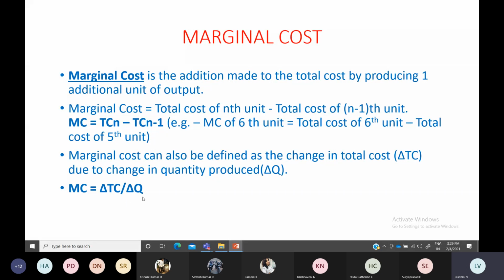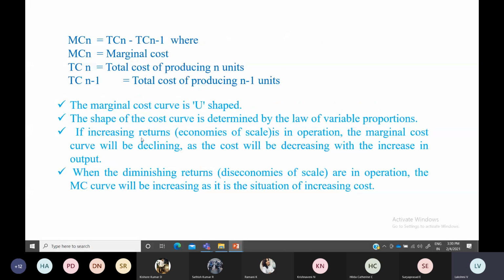Whatever you want to increase your output, additionally. Now, if I am already producing 5 units and now I want to produce 10 units, additionally I have to engage labor and pay wages. Additionally, I have to bring more raw materials and involve them in my production process. So whatever you want to change your output, additional cost you have to incur, per unit cost you have to incur. So that is known as marginal cost. This is the marginal cost formula.